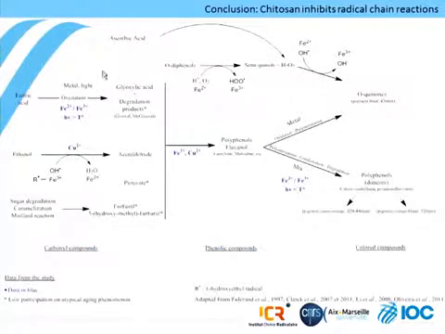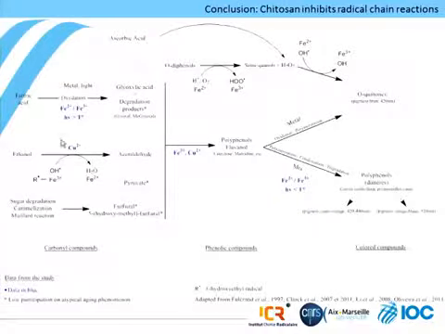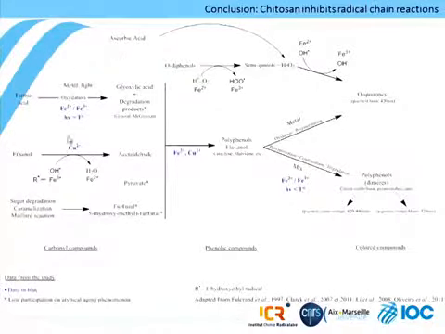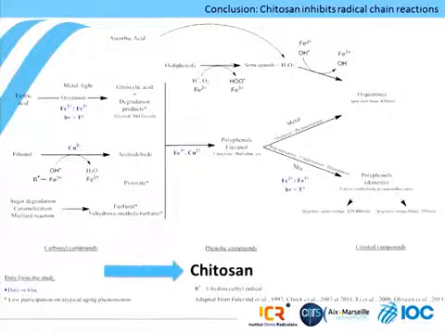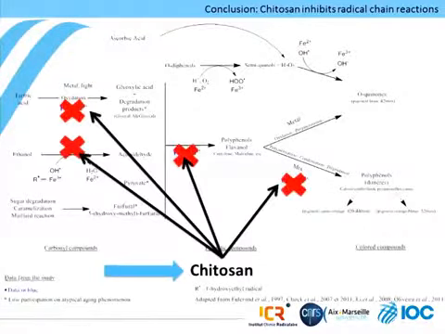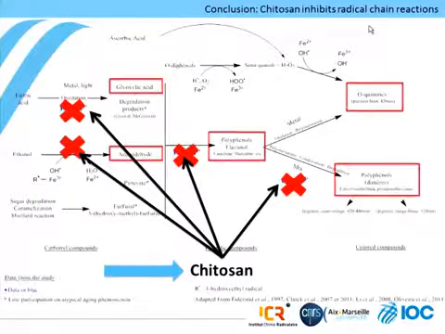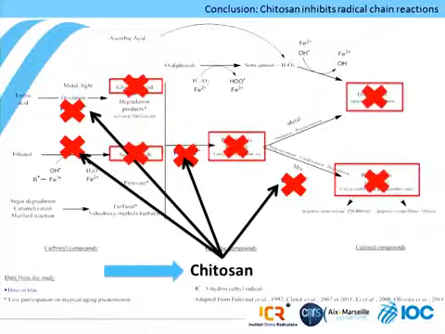Let's now summarize everything into a scheme, which is what you're seeing on this slide. There is a preference in the type of pathway, say, proposed by the various metal species in the solution. If I use chitosan, I act on all of them, plus also on colored compounds themselves, which means that I can suppress all the reactions that lead to the formation of colored compounds.